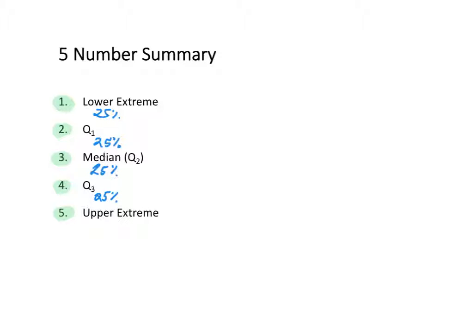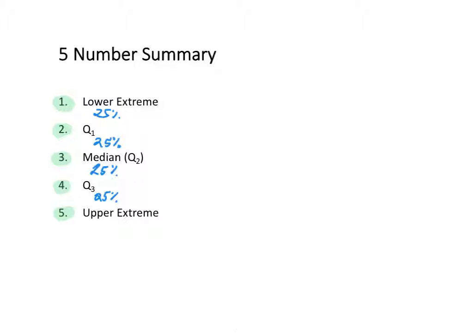25% of our data. So we can get an idea by looking at the 5-number summary of how spread out the data is. We can also use the 5-number summary to calculate other measures of spread, including the range and the interquartile range. So let's have a look at an example of how we can use the 5-number summary in